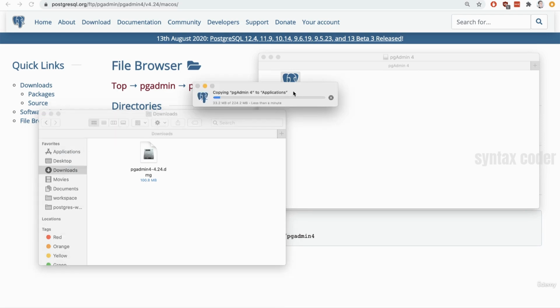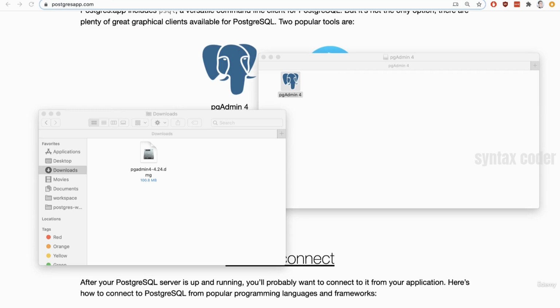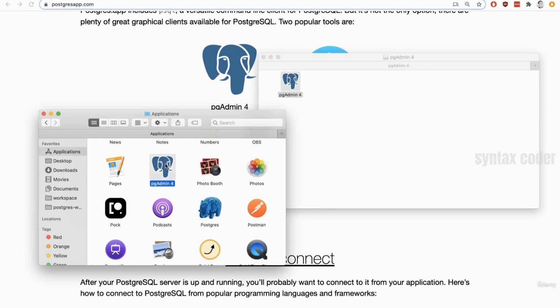Once you do that, you're going to eventually see that progress bar pop up very similarly to this. And after a little bit, it's going to eventually copy over entirely to that applications folder. Now it looks like this is going to take a little bit, so I'll pause the video right here. Once that transfer is all complete, I'm going to open up that applications folder and then find pgadmin4 and double